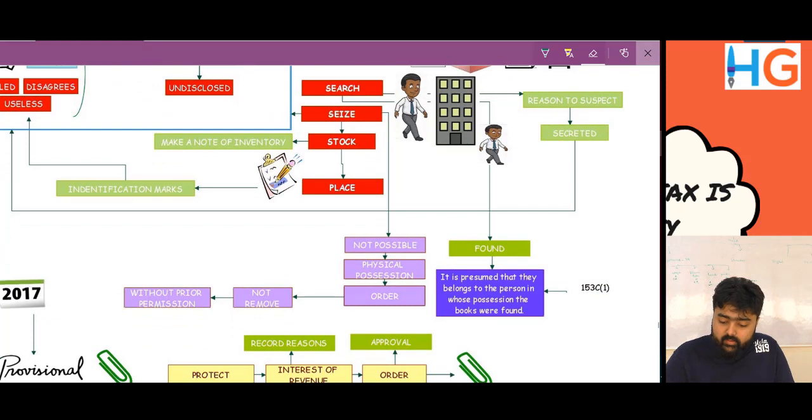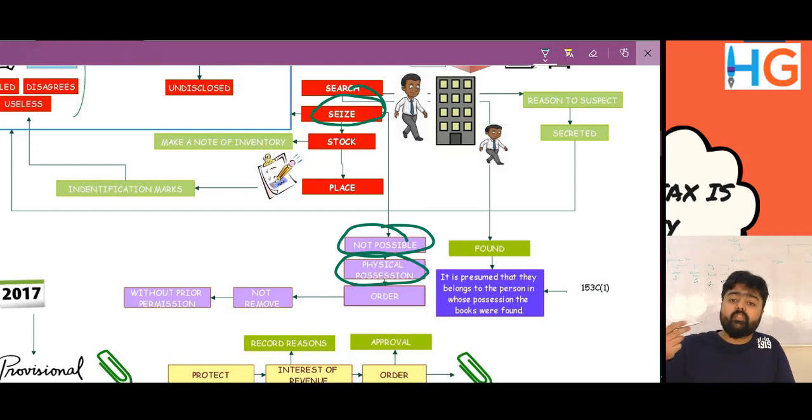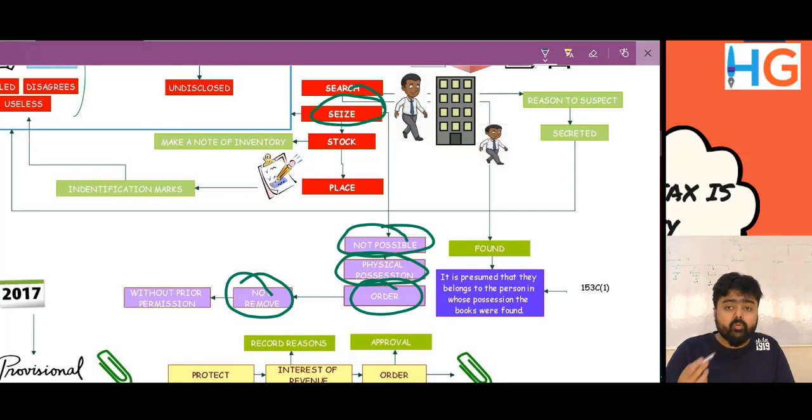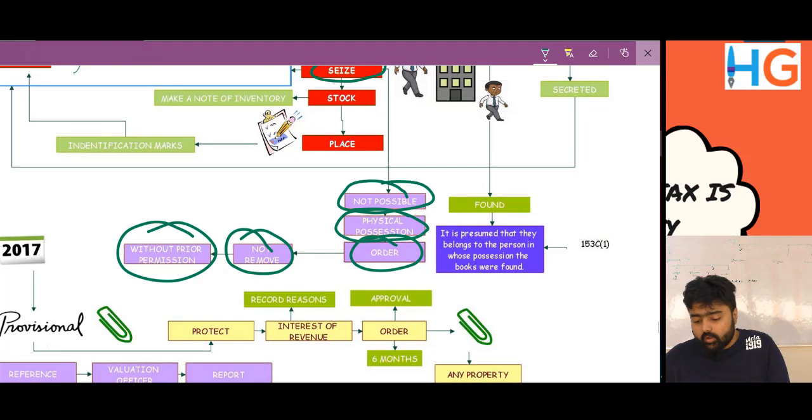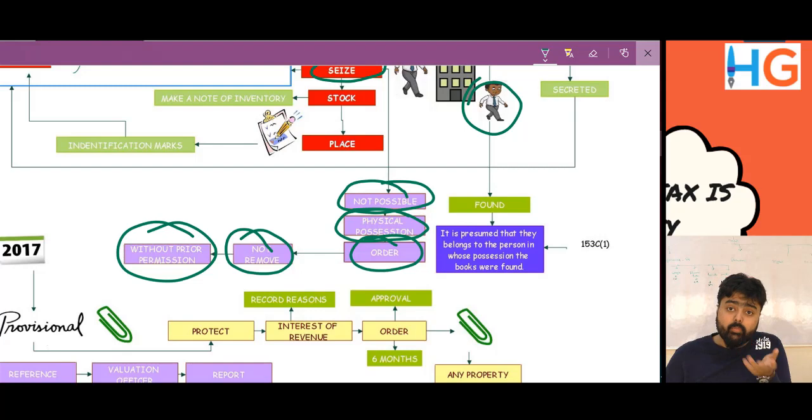Now it says where it is impossible to seize the inventory and take physical possession, the authority can pass an order not to remove the inventory. So the assessee will not be able to remove the inventory without prior permission. Now it is a general situation where some documents or valuable articles are found with a person.